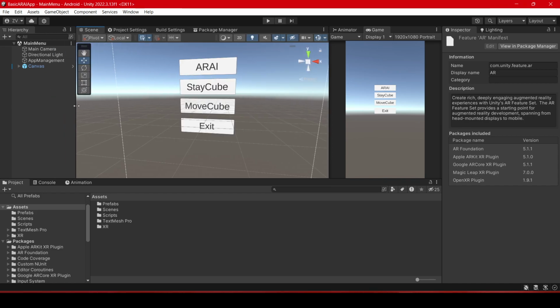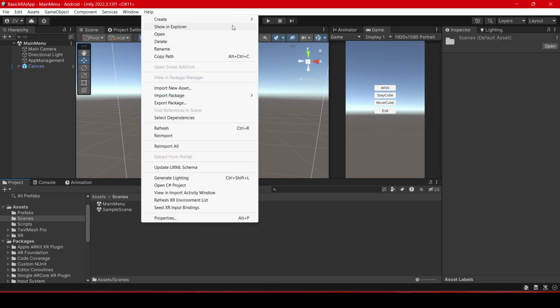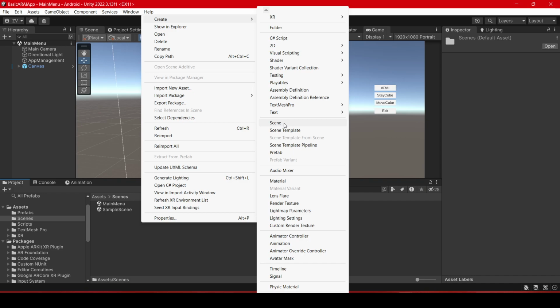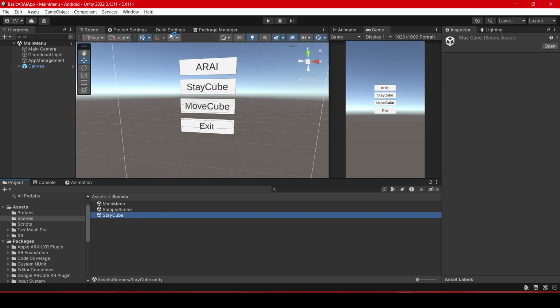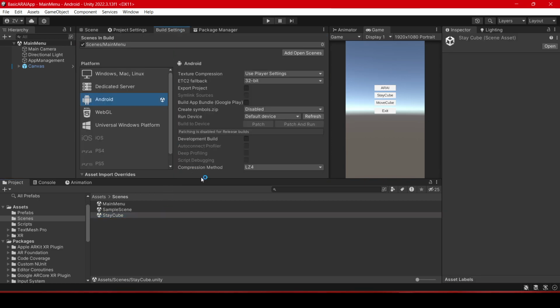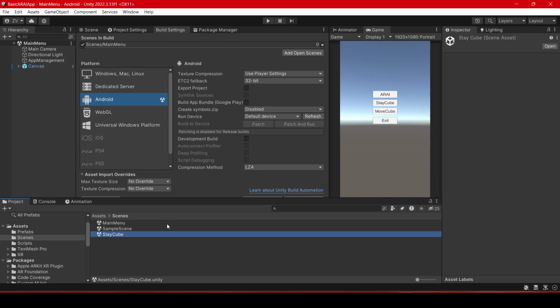And now we can get to make the Stay Cube scene. So we will go into Scenes, right click, Create, Scene, Stay Cube. I will name this, and remember to place this in the build settings. Otherwise, when you build this app out, it will not have the scene available. And then we double click Stay Cube,